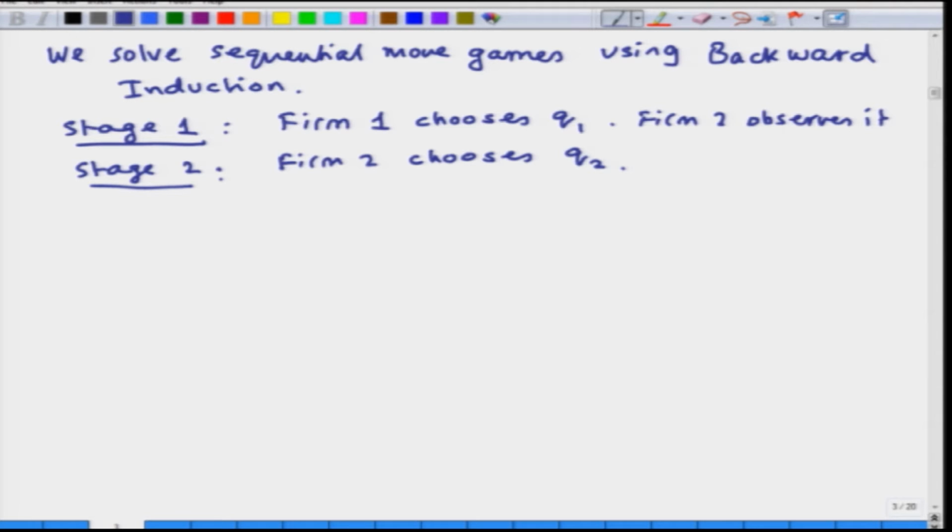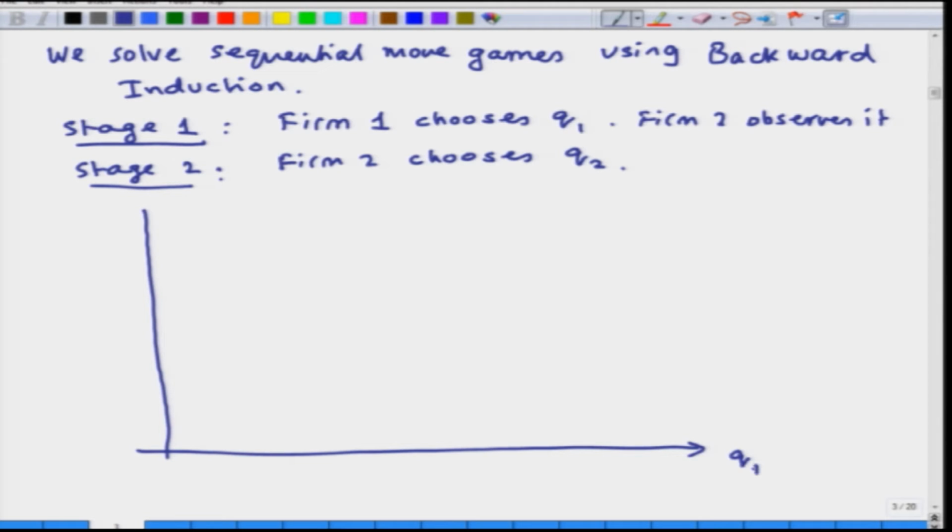So, let us ask: if you are going to solve firm 2's problem first, because we are using backward induction, we will solve firm 2's problem first, and then we will go back and solve firm 1's best choice of Q1. Okay. Notice we have already solved stage 2, which is firm 2's problem, when we solved the Cournot model, because in the Cournot model the profit of firm 2 was the price times the quantity that it chose minus the cost of firm 2,